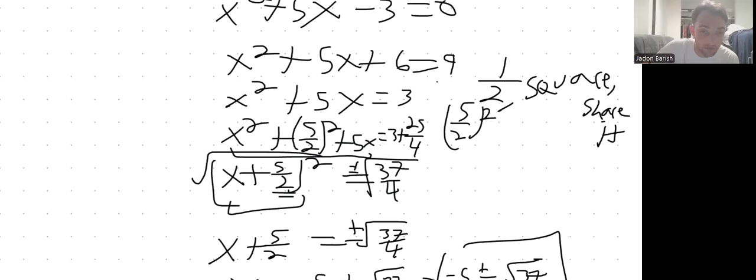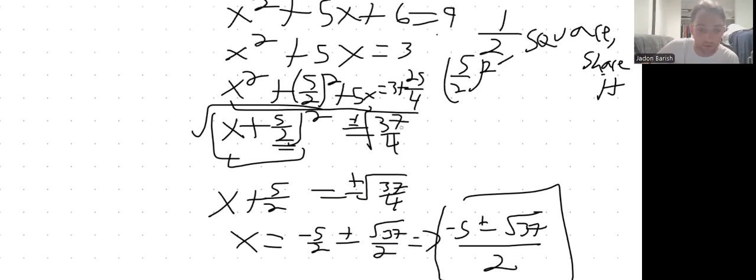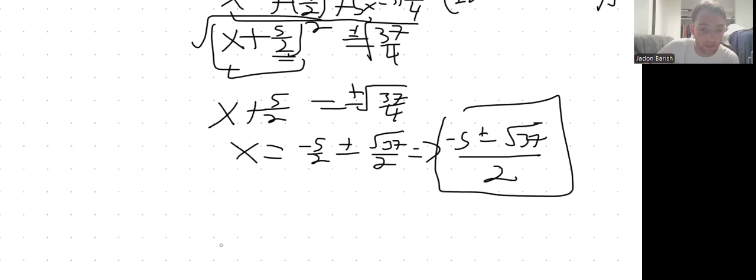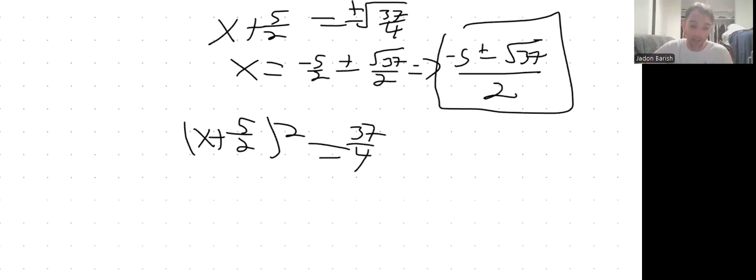Well, essentially, I put the square root over it, but this step right here is exactly why you would. Because this is something, it's not exactly vertex form. You got to move the 37 over 4 over, but this is vertex form. And this is important because